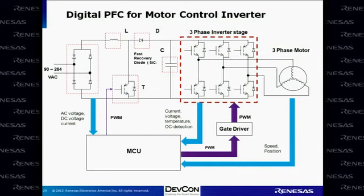Another way to do it is to use the MCU. In this case, we're talking about what we call digital power factor correction. The previous one was analog. So the MCU can do basically both. As you know, most modern MCUs have many peripherals such as timers, and they can do such a thing. So basically, now the MCU will drive the motor and also drive the power factor